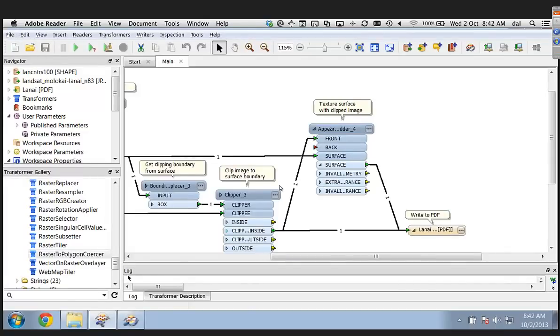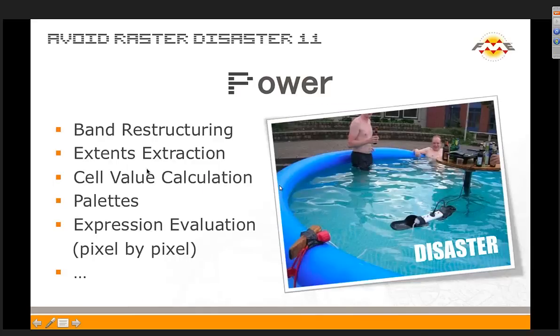And so what's our next example was going to be, oh, now we get into some power things, Dave. You want to talk about some of these more powerful things folks can do? Well, band restructuring, if you get multi-band data, and you need to go into a format that doesn't support it, and some of the crazy military formats have these like 8 or 9 bands in them of all sorts of different information, and all you want is like an RGB overview. You can go in and remove bands that you don't need.